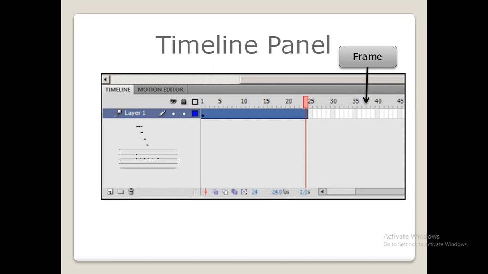Now let us first look at the layer. So what do you mean by layer? You have already discussed that the frame by default opens with a single layer. So each layer has its own frame and keyframe. Next, coming to the keyframe. What is the keyframe? It is indicated by a tiny black dot. So we have already discussed keyframe. It is used to define the major changes in the state of an object.